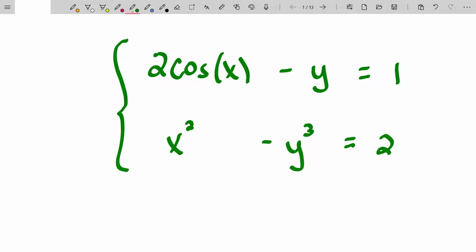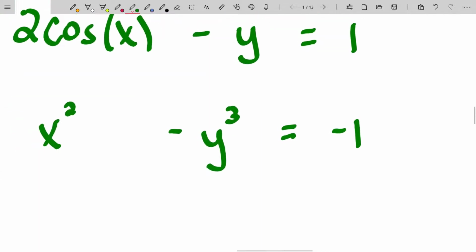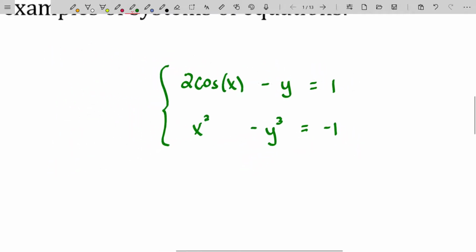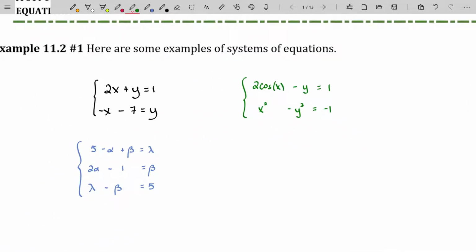And that actually might not exist. Now with this slight adjustment right here, there is a solution to this one. I know there is: x equals 0, y equals 1. But that would be incredibly difficult to find by hand. So this is just a heads up that systems need not involve just x and x to the first and